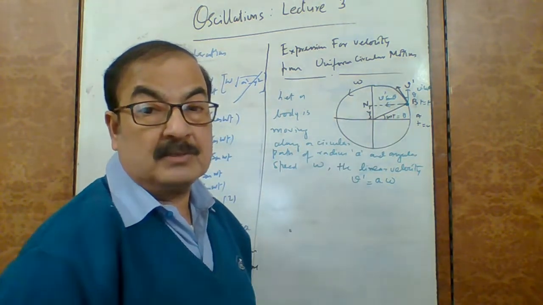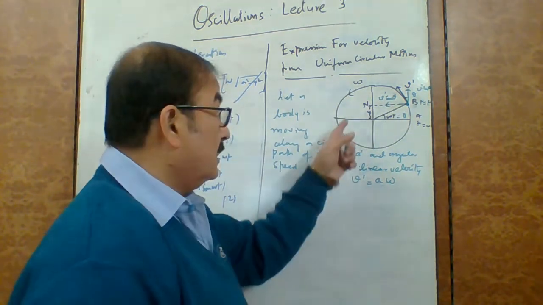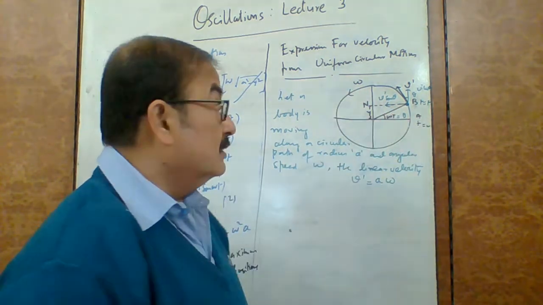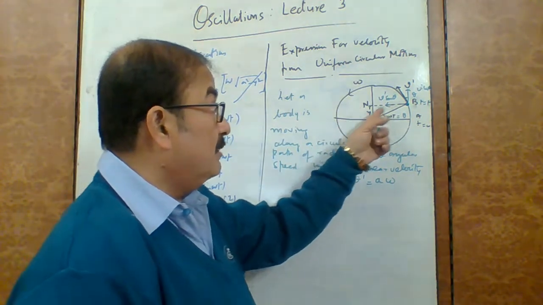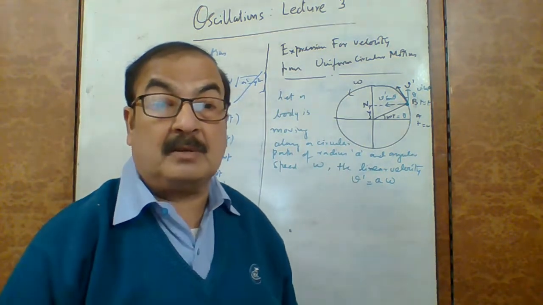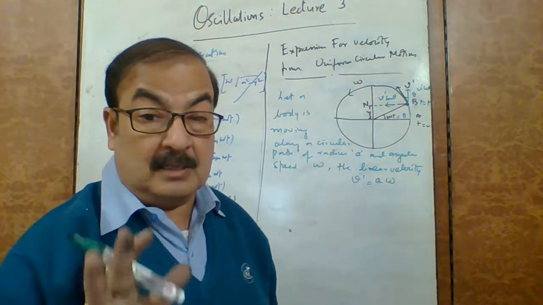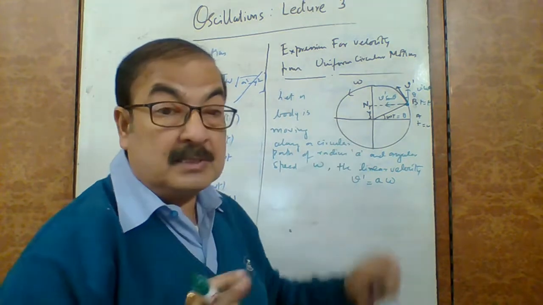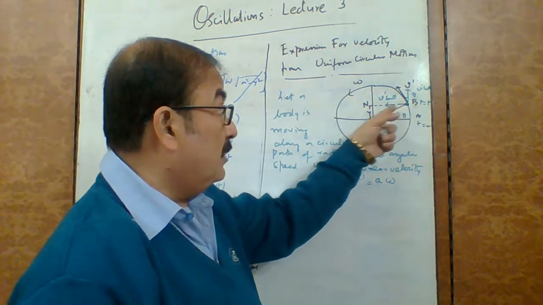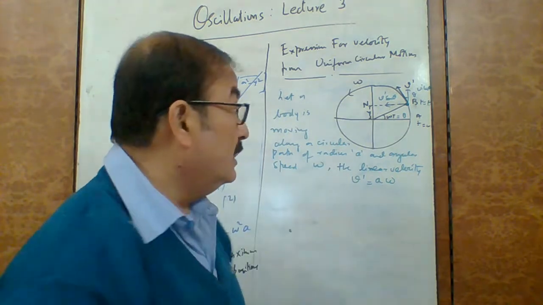The upper one is v dash cos theta, and the lower one, which looks horizontal, is v dash sin theta. So the motion of n is only upward for this point. It is moving along that direction. Therefore, the corresponding velocity of point n will be the same as v dash cos theta. We have to calculate the velocity of that point of the particle which executes simple harmonic motion. Here it is point n, as we have already said. The foot of the perpendicular from any point on the circle can execute simple harmonic motion.